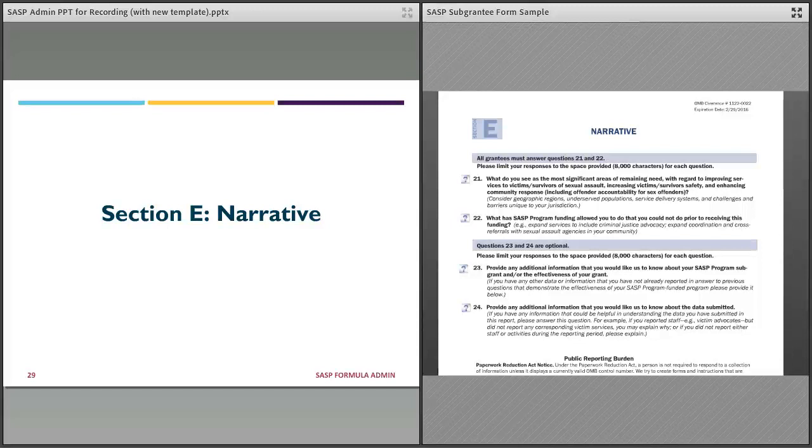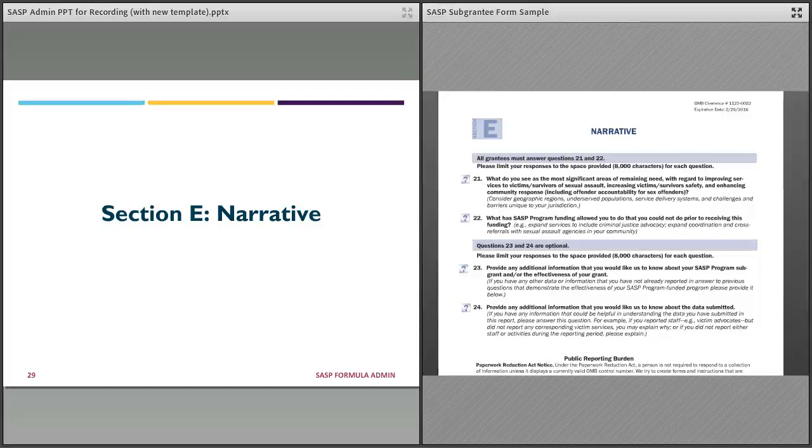For question 24, subgrantees are asked to provide any additional information that they would like OVW or VAWA MEI to know about the data that they're submitting. If there are any issues or irregularities with the data in the subgrantee report, the subgrantees are asked to provide explanations here that will help entities reviewing their data understand the data in question. For example, if a subgrantee's computer crashed and they lost all of their data, or if a person that a subgrantee hired left during the current reporting period that inhibits them from reporting on certain statistics, hopefully a subgrantee indicates that kind of information in this narrative question.